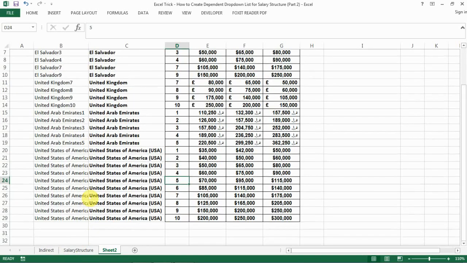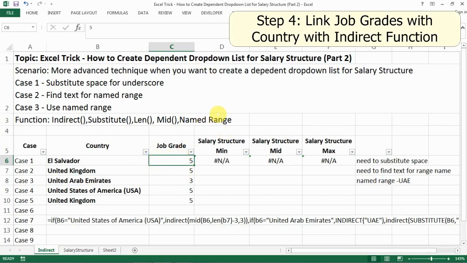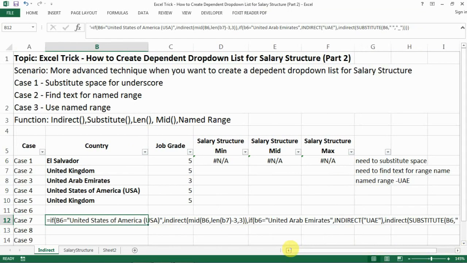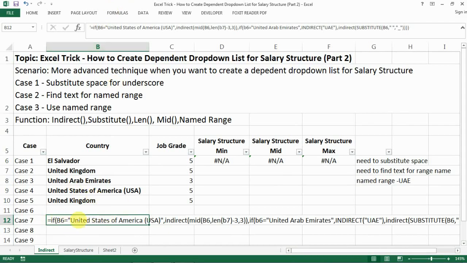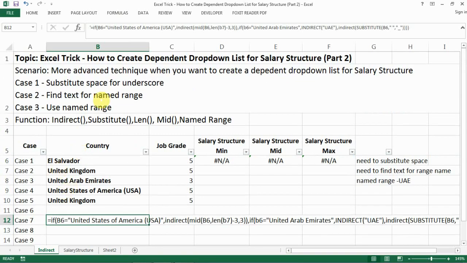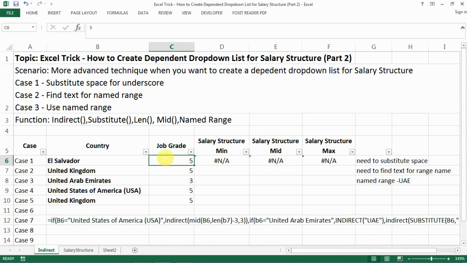So now comes the fourth step, which is how do we link all the ranges that we just named to the drop down lists. That is actually where this long formula comes in. I have it as text here so you can understand my logic, and you can also see it in the formula bar there. I'm going to explain what I'm trying to do here. This formula, from this equal sign to the end, is essentially what I'm going to copy into the job grades